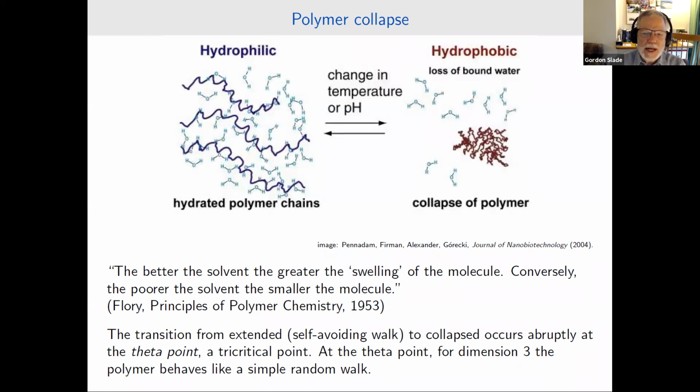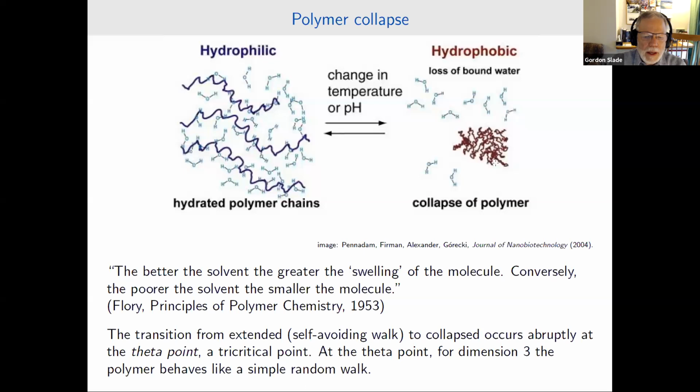It's got to do with polymer collapse. So you should think about having a polymer, a linear chain polymer in a solution. In this image here, there are multiple polymers, and in the model that I'll be describing, there's just one, but basically the situation is the same. So you have some control parameter that can be changed, like the temperature or the acidity of the solution. And what can happen when that change occurs is that there's an abrupt transition from the polymer being in an extended phase like this, where it could be modeled by a self-avoiding walk, to a collapsed phase, where it becomes a compact object and tries to be in contact with itself rather than in contact with the